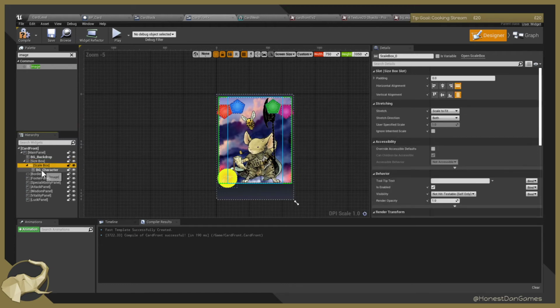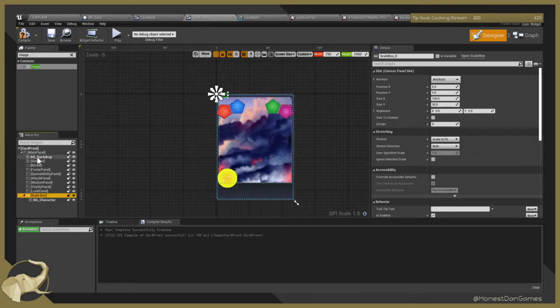But then the scale box itself acts weird, I guess, right? I think it's just because it didn't have a size, because this was... Okay. Just to try it. Let's try moving it out into this. I mean...